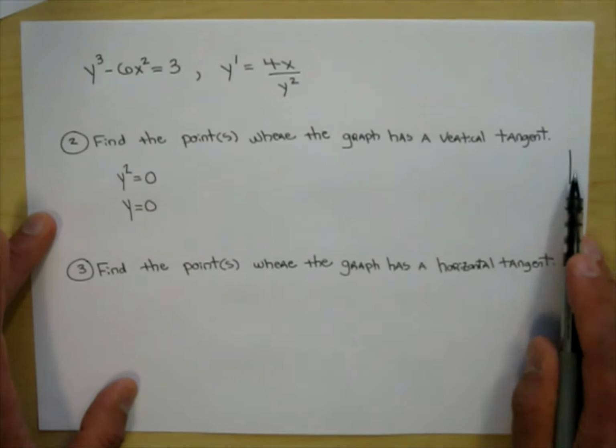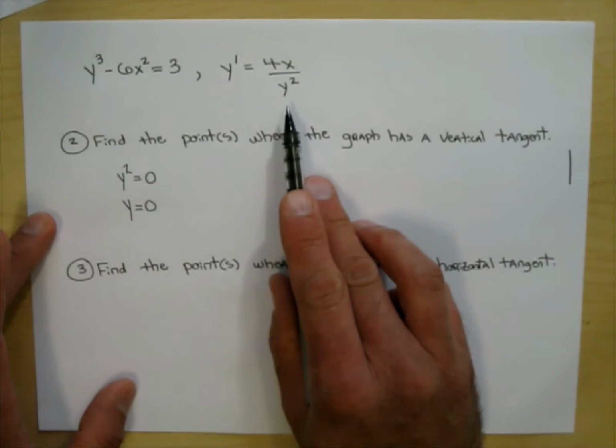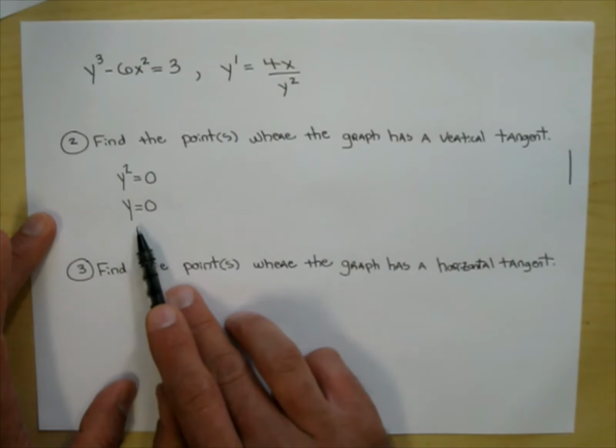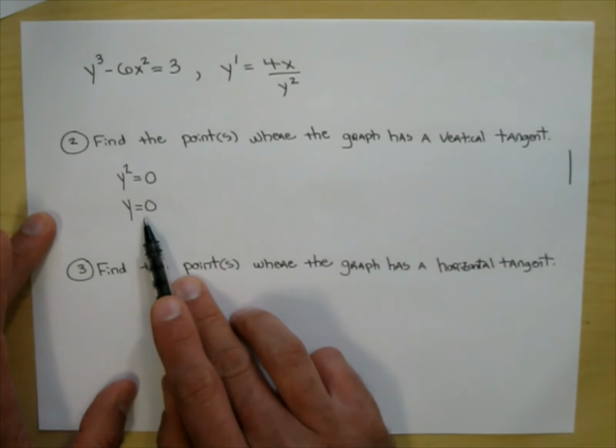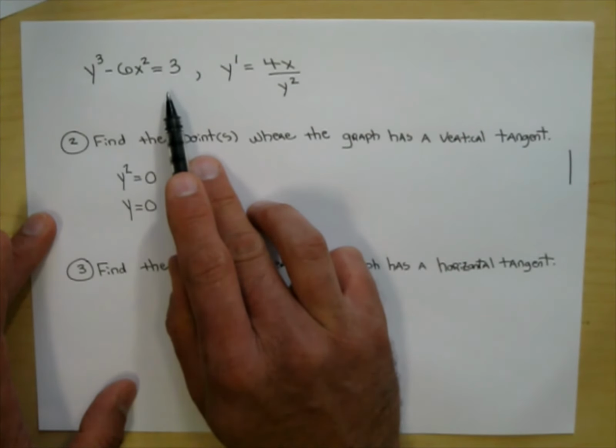Once again, some of you are feeling uncomfortable with that, but it's going to have a vertical tangent line for any point where y is 0. They're asking us to find the point or points, so we're going to put 0